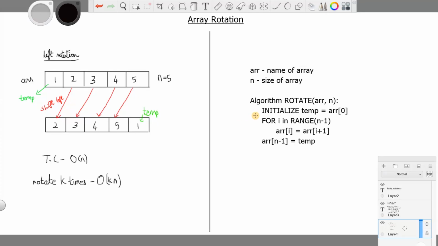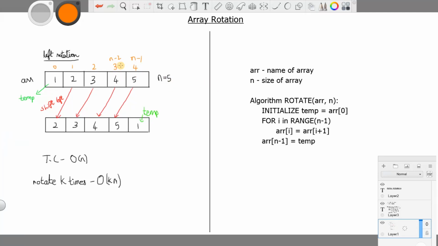Let's review the algorithm quickly. First we are initializing temp with the first array element. Then we will be traversing up to n minus 1, that is the second last element. It will start from index 0, 1, 2, 3; this will be n minus 2, and this will be 4, which is n minus 1.